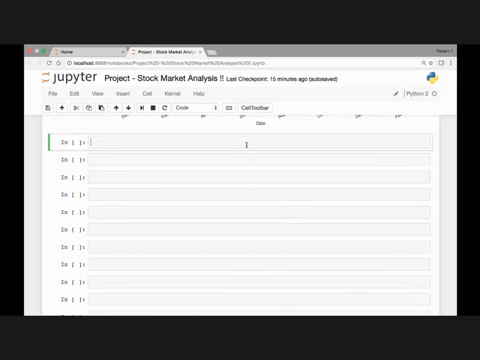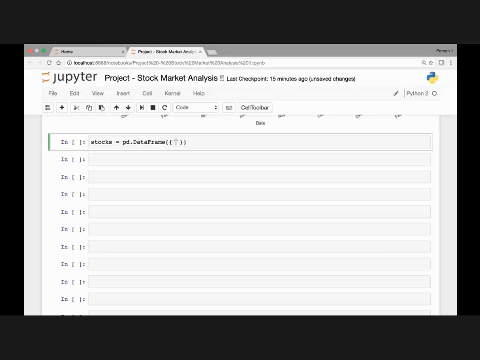Great. What we'll do next is create a data frame of our stocks. We'll consider the stocks and the adjusted close amount, and we'll create a data frame from those. We'll save it in a variable called stocks. So I'll set that to be equal to pd.DataFrame,